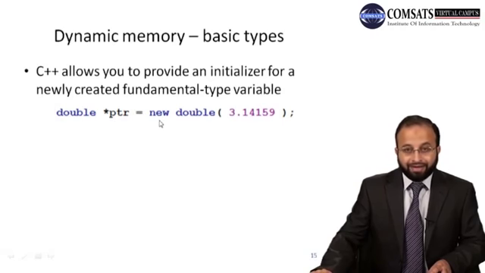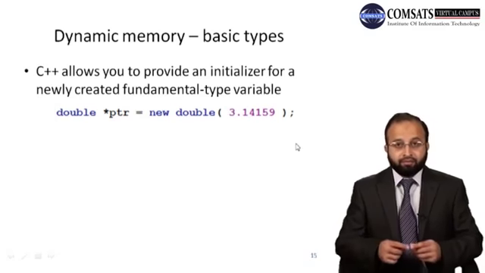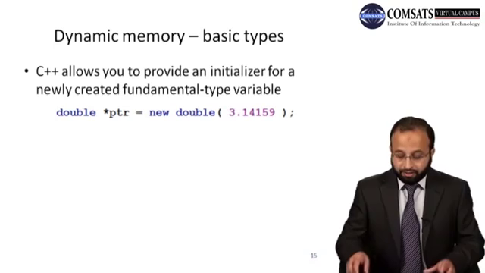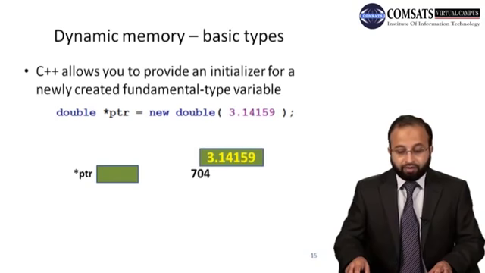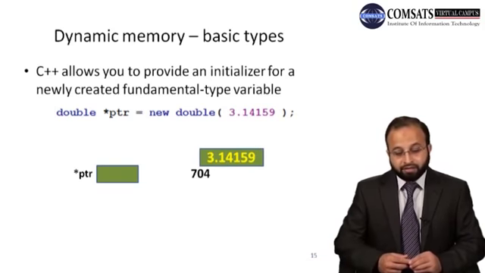With the new operator it creates a memory of type double, and the value stored in that memory is 3.14159, right? So first it allocates memory for a double, that is 8 bytes, and stores the value 3.14159. So pointers के लिए 4 byte allocate हो जाएंगे, 3.14159 इसके लिए 8 bytes allocate हो जाएंगे,